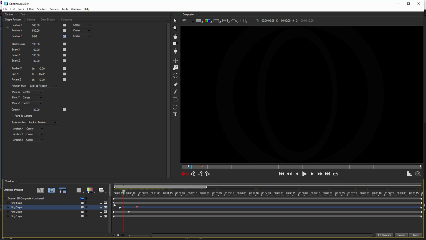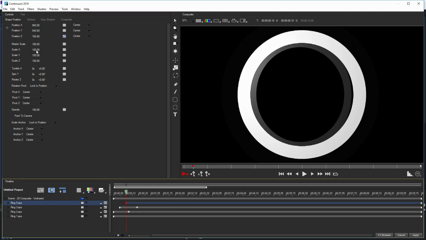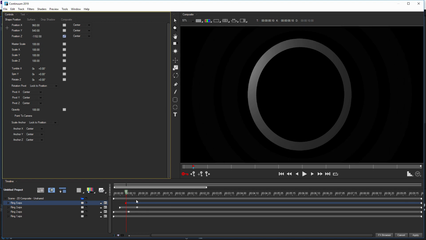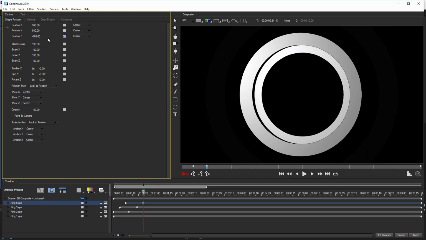Let's do the final ring, which is the ring up here. Do exactly the same thing. I've got my auto animate on here. Actually, remember to turn the ring on. So let's get it so it's just out of view. About minus 1,000 something. Make sure nothing's selected down there. Bring that in. Take this one back to 0.